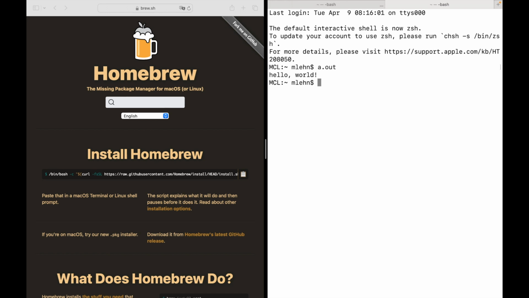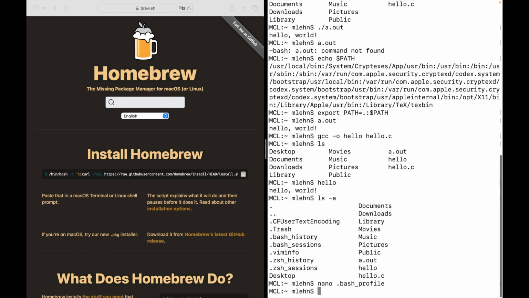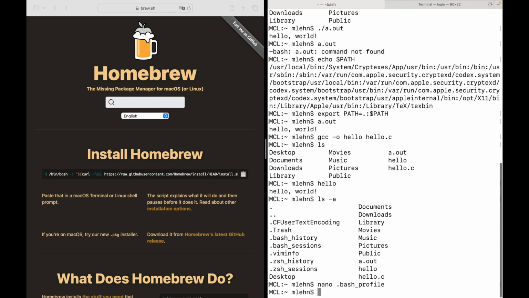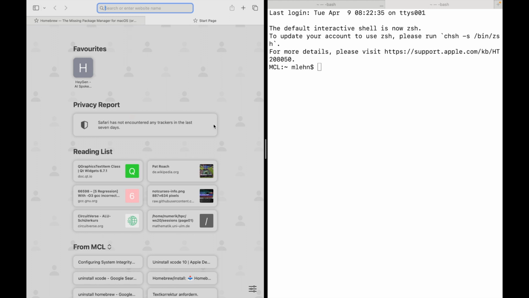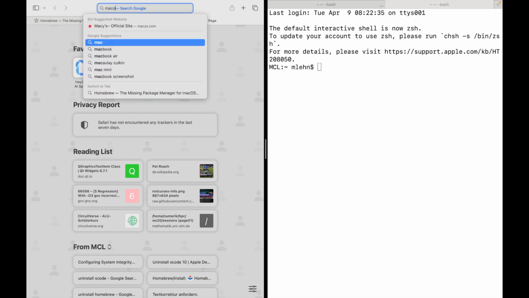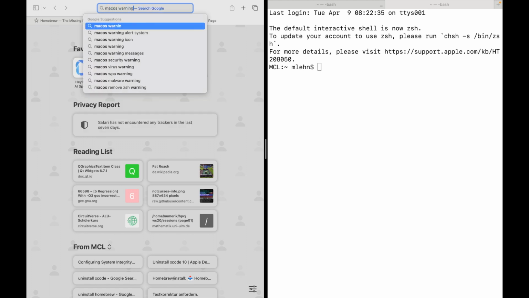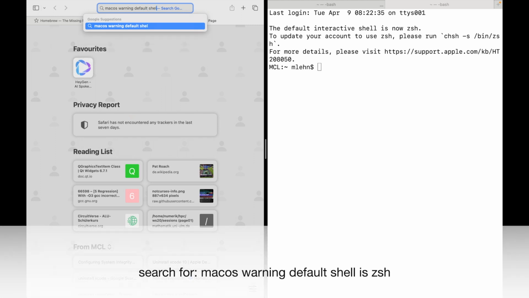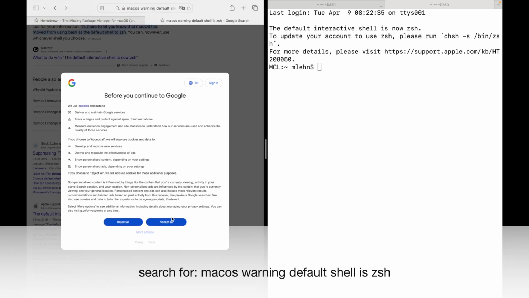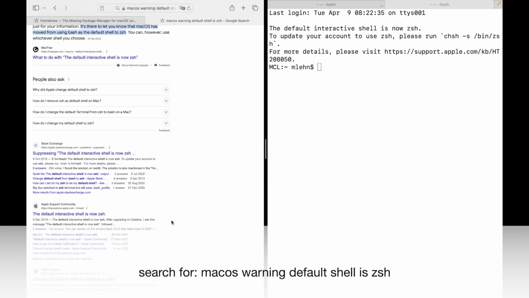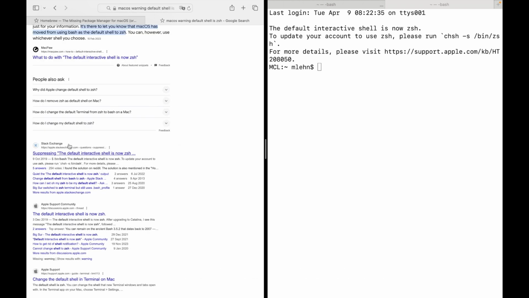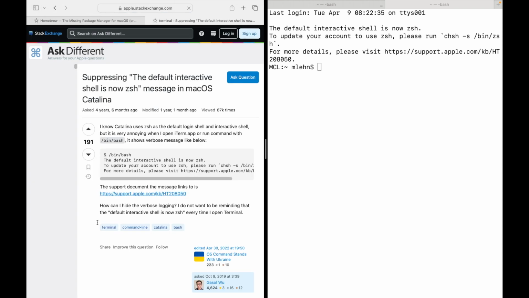Now, still annoying is this warning about having not set zsh as default shell. And for getting rid of that, I actually had to ask Google for advice. And I simply searched for macOS warning default shell, stuff like that. And then I found this link on Stack Exchange. And basically here,